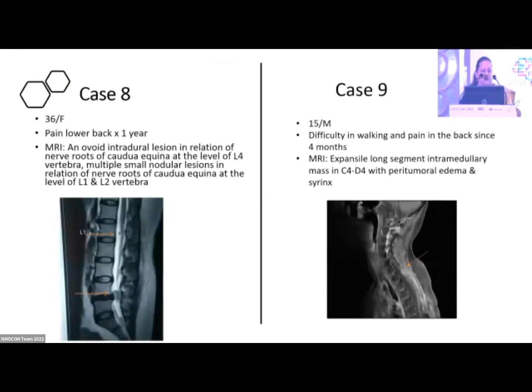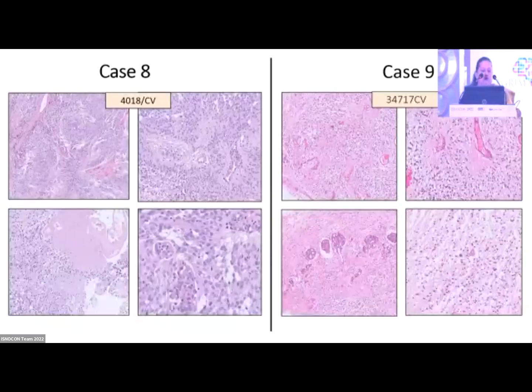Now, the last series of cases, little different ages, little different location, 36 and 15. One was in the lumbar, one was in the C4 to D4 region. However, the most identical twins till date, both showing monomorphic round cells infiltrating with the prominent perivascular arrangement, areas of necrosis, very frequent microvascular proliferation in both of them, and a little bit of diffuse morphology in the